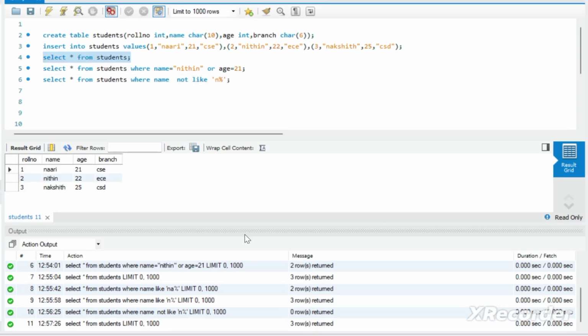Now let us make use of some other SQL operators like between, in, not in, and so on. So at first we will focus on between operator. Suppose here we have records, three records. Now let us try to print the records whose ages are in between 20 to 23. So we are having only two records that are having age between 20 and 23. So the command is